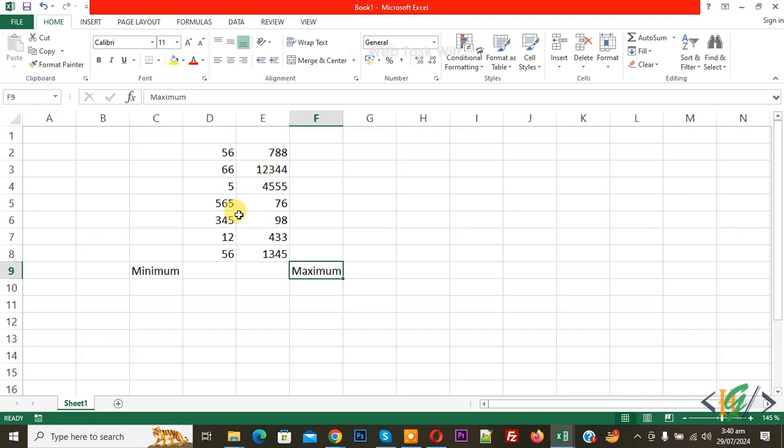Bismillahirrahmanirrahim. Assalamu alaikum. My name is Hassan and today we are going to find out the smallest number and largest number